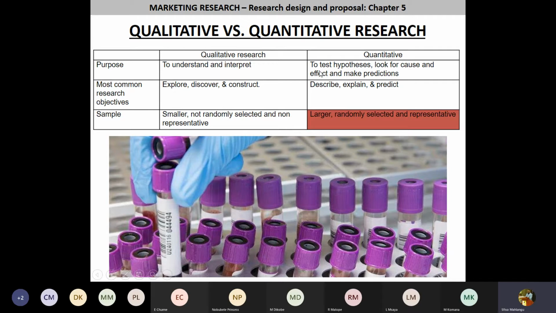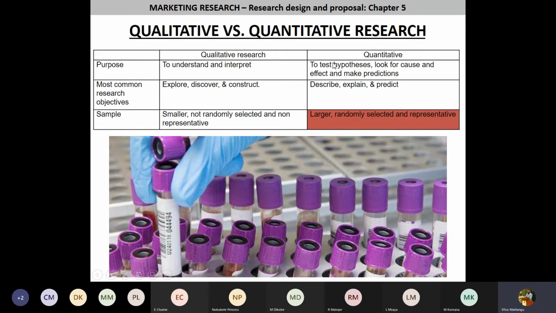But if, let's say, the study was different, in this case the study wanted to find out or determine the awareness level of COVID-19 symptoms among people, you can see we don't want to understand the awareness level. If we wanted to understand it, we would be interpreting it differently. We won't say people understand it, they are aware or they are not aware. So in this case, quantitatively, if we wanted to determine awareness level, our hypothesis will be they are aware. It's a full stop. It's a conclusion that you are making. Or to say they are not aware,